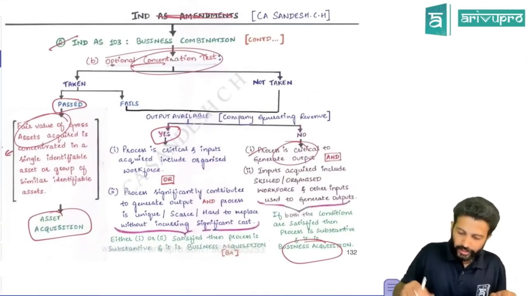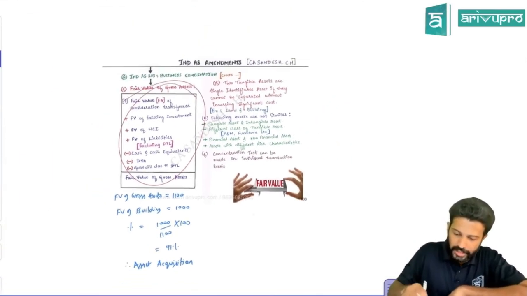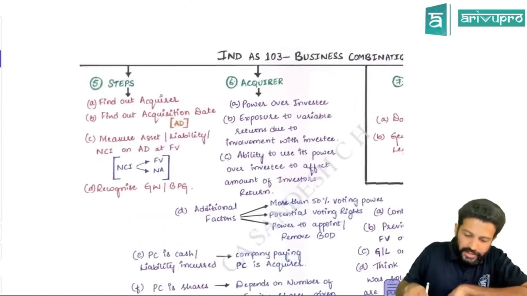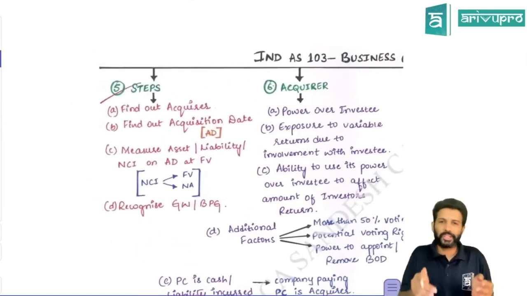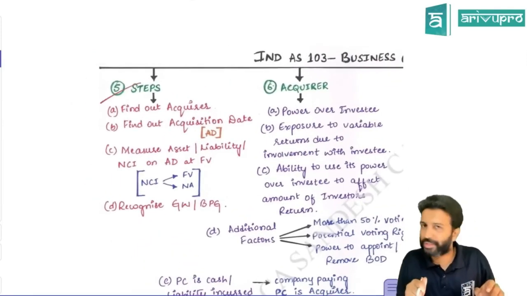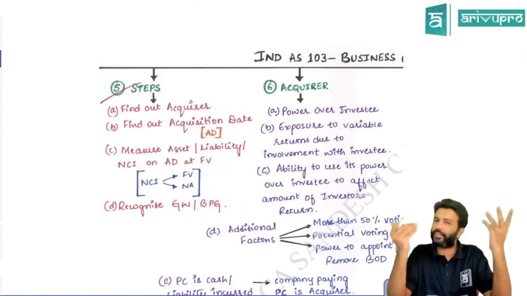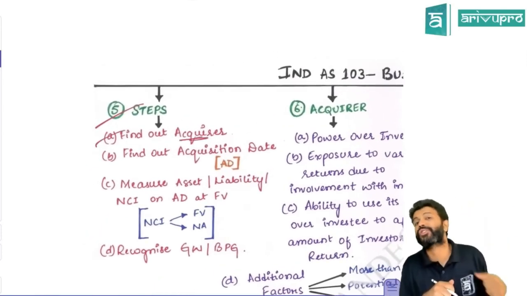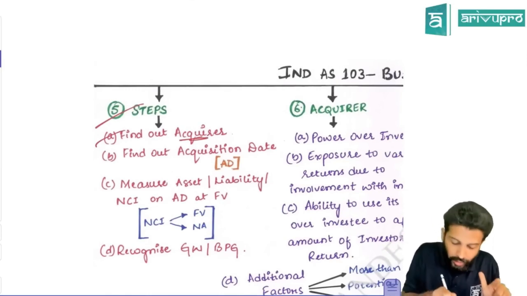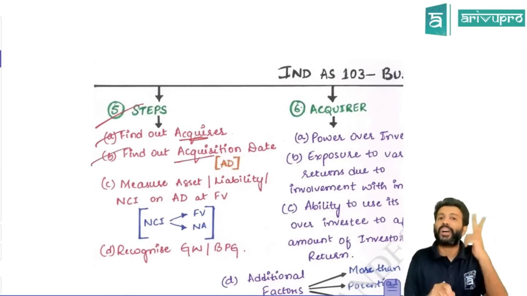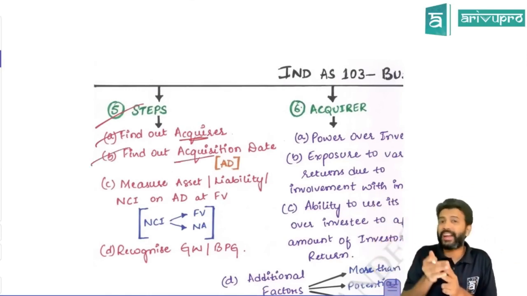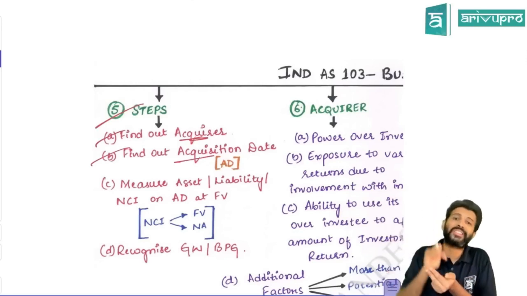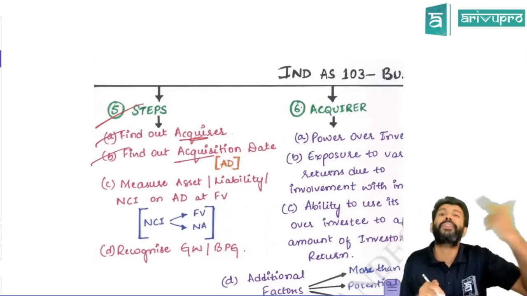Okay, all right, so this is about these concentration tests and all. Next is, there are certain steps in business combination. It's not necessary you have to solve these problems in these steps only. It is just given. So if you want, we can quickly run through that. First is find out who is the acquirer. Which company has got the control? First find out that. Find out what is the acquisition date. On the acquisition date, all the acquiree's, meaning the subsidiary company's, assets and liabilities have to be taken over at fair value.